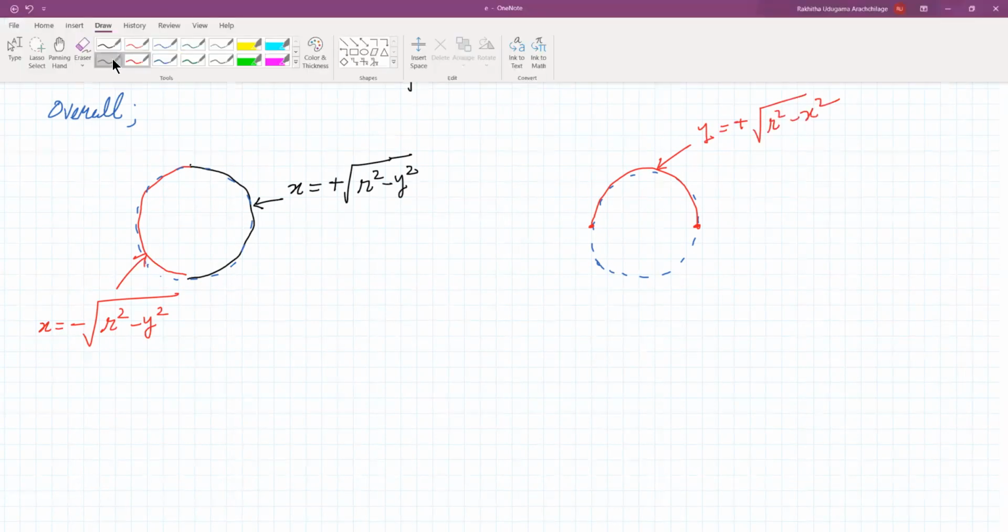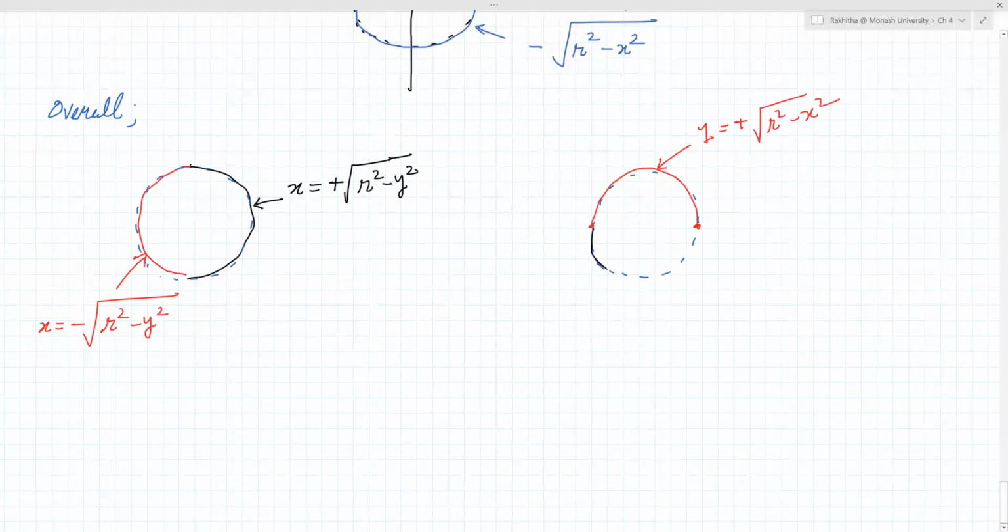Now, when it comes to the bottom part, this would be the opposite of that, right? Minus square root of r squared minus x squared. Okay. So in general, this is what we have done so far. And if you understand this, you understood the material. And that's all about circles. But I will extend this knowledge for the general case, right? And then that's the end of this lesson.